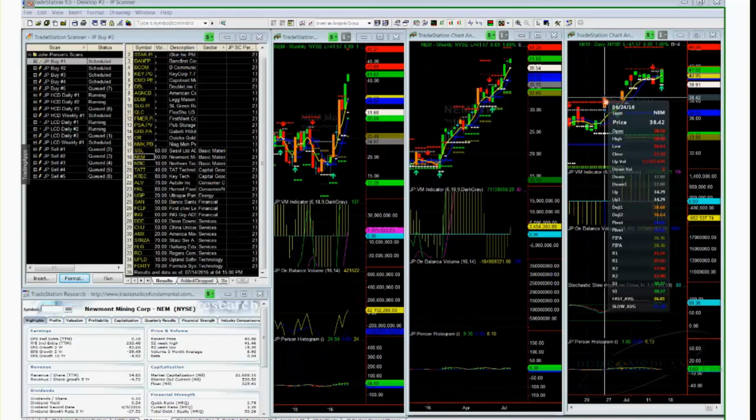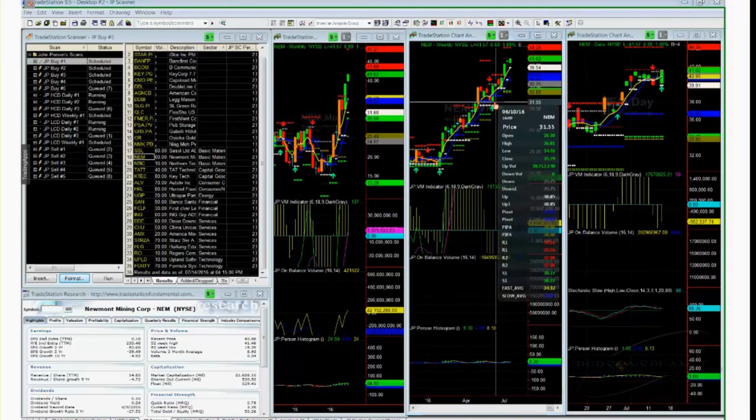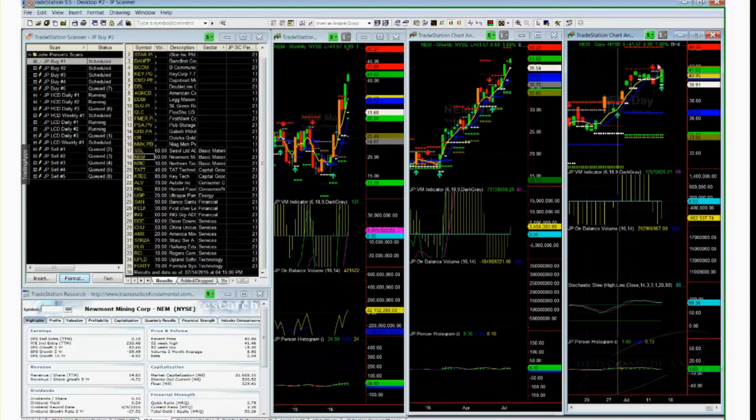Truthfully, a high close doji came on 6/24. The weekly signal right here was on June 3rd, the end of June 3rd. So Newmont Mining, for example, generated a weekly buy signal at the end of June 3rd. So that means June 6th, you came in, and after that big run-up, you had like 1, 2, almost 3 weeks of pullback. So going with either a high close doji or buying a breakout, this would have been a